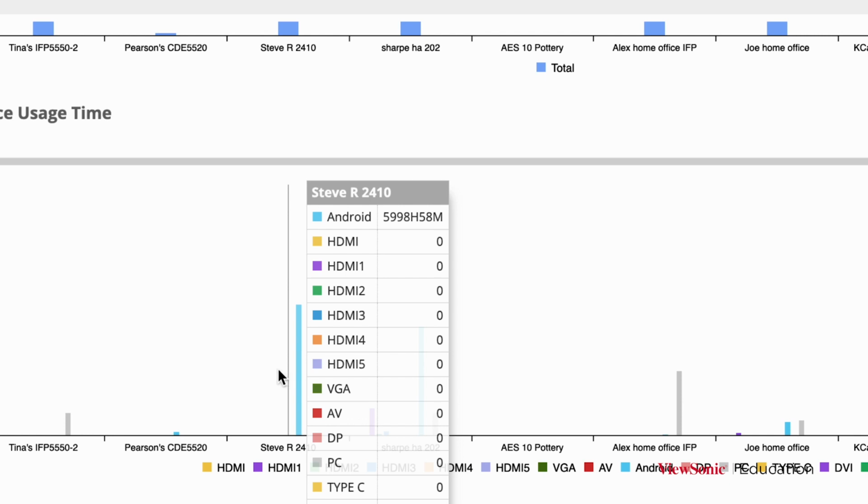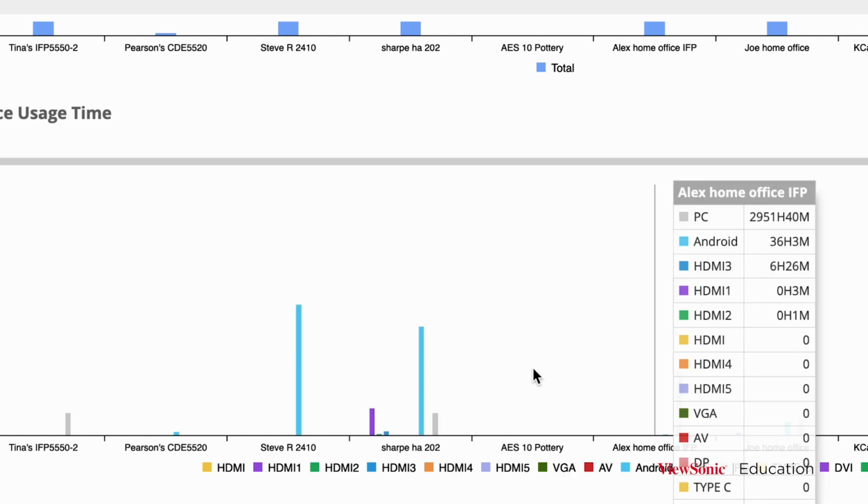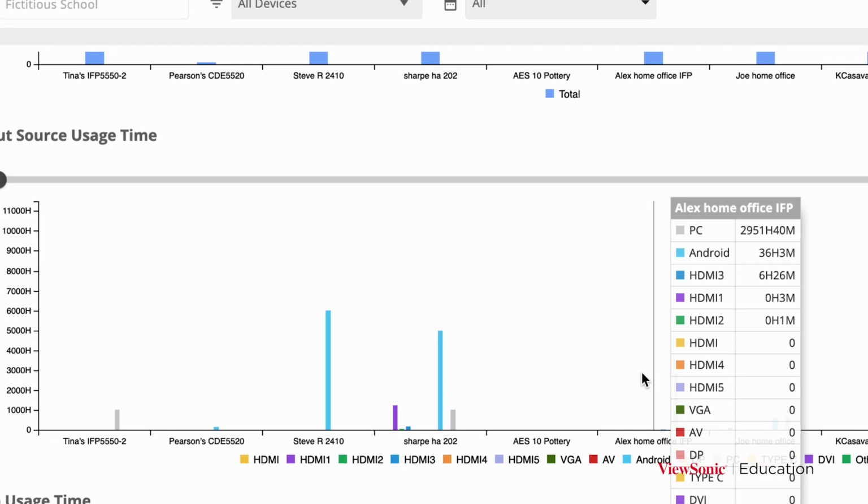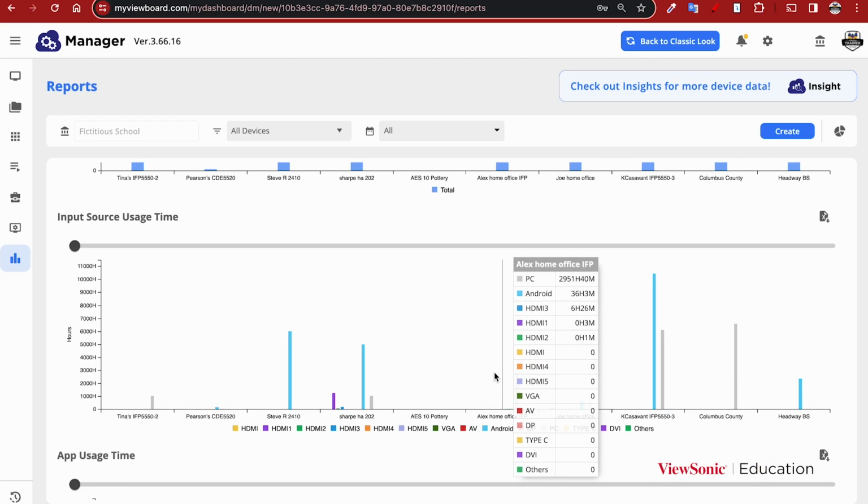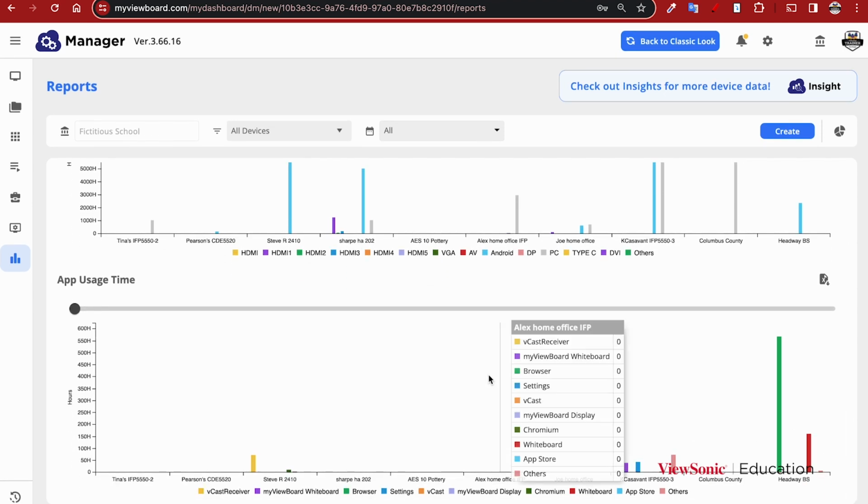So if they're supposed to be using a district laptop to connect to the board, they are not doing that. They are not using that laptop. So this might be a room I need to check on. If I come over to this person, I can see they're using lots of different inputs. So maybe they have other devices connected besides district approved devices. Or maybe if I purchase some sort of add-on device like a built-in PC, I could check to see if